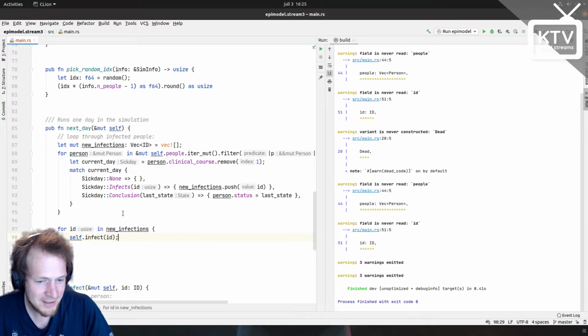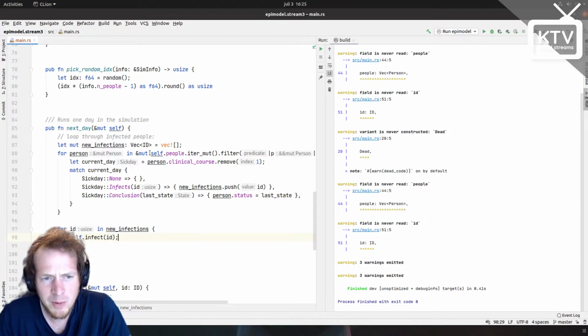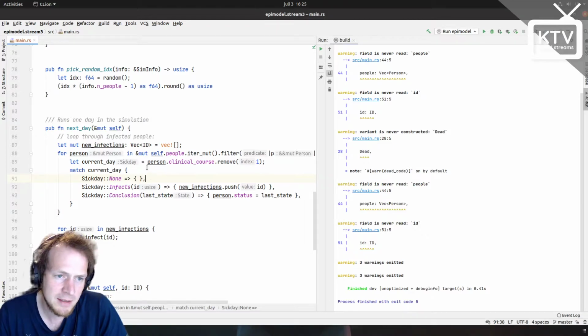Okay, so how does this work? So I understand why this works. We're passing ourself as mutable. We're passing this mutable self into this function here. So it means that while this is active, we cannot do that again. And again, it means that the reason is that if we